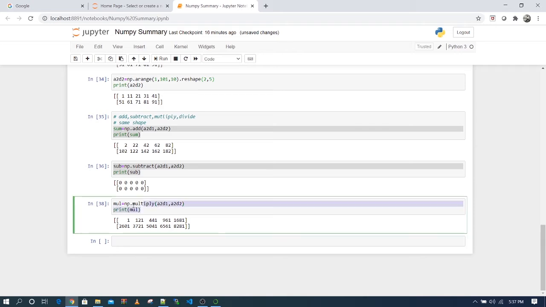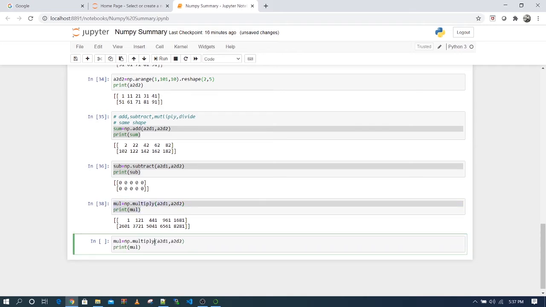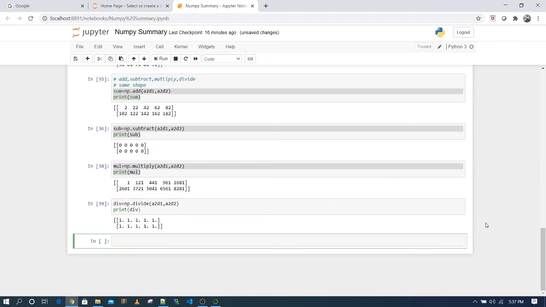Similarly, you can divide these two matrices as well. Let me show you how to divide. You will get all the elements as one. Not an identity matrix but a division result, because an identity matrix will have the same number of rows and columns. This is a simple matrix with all the elements as one.